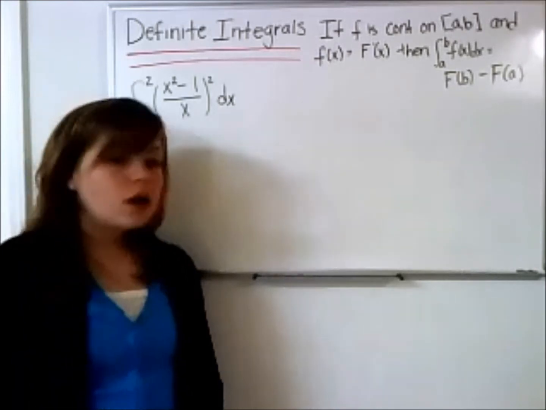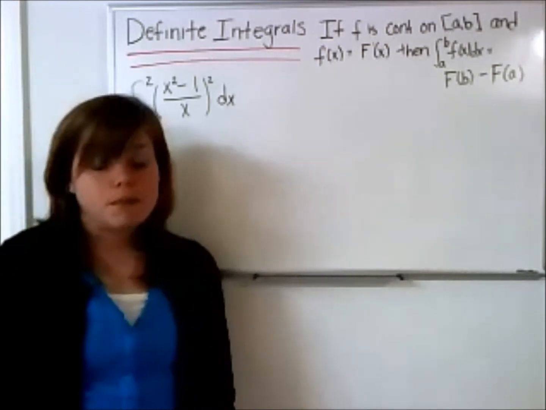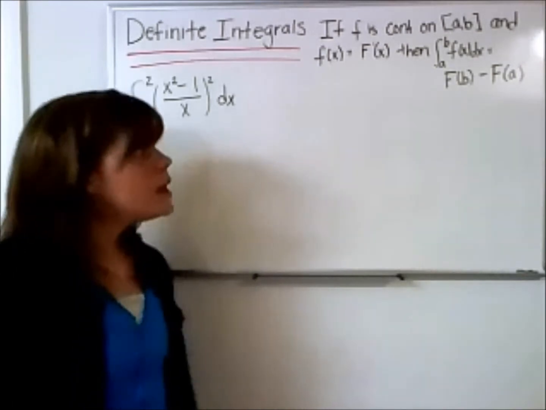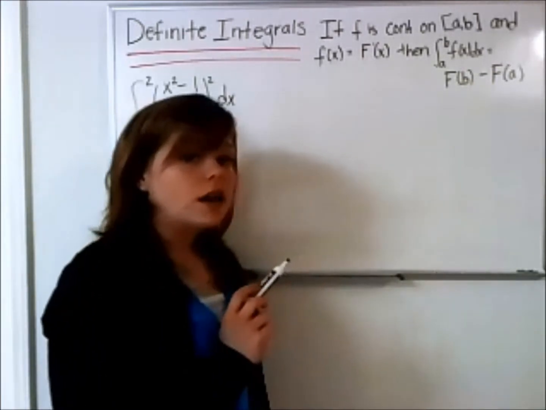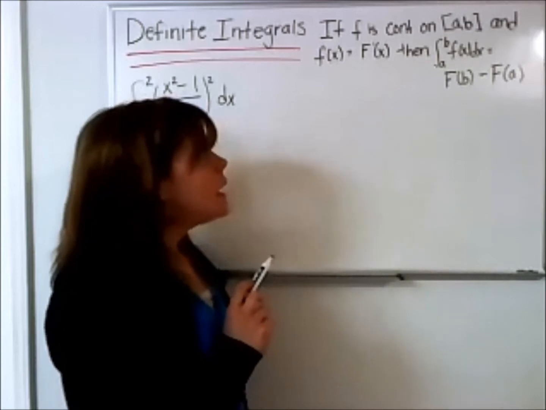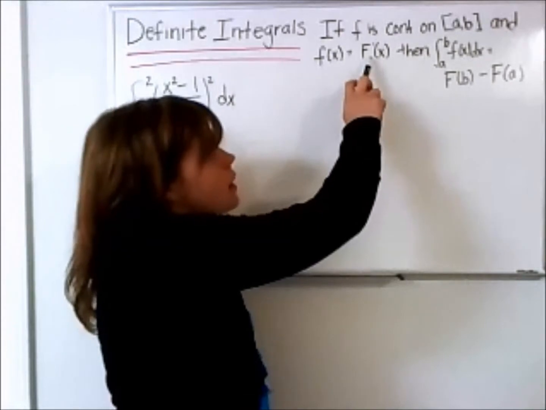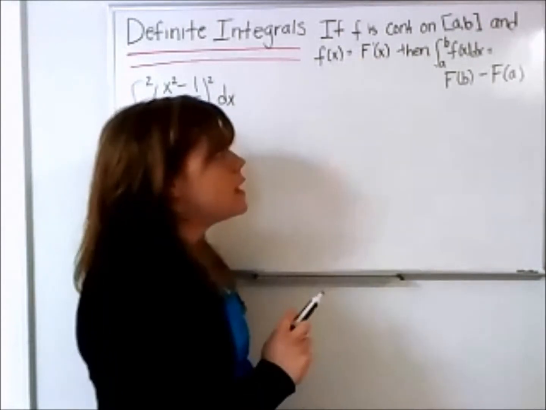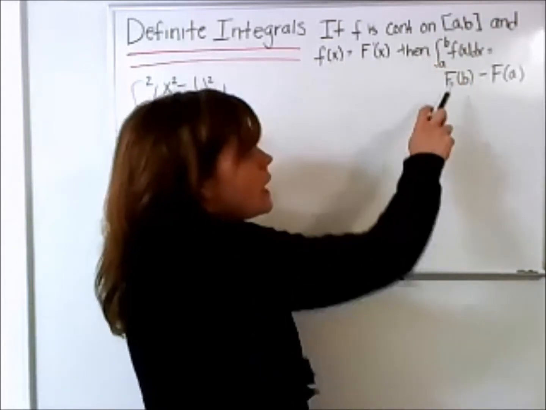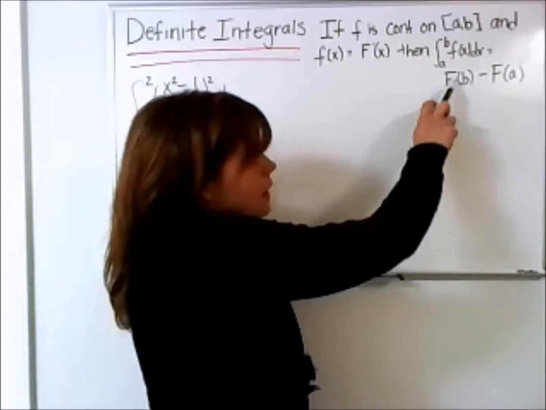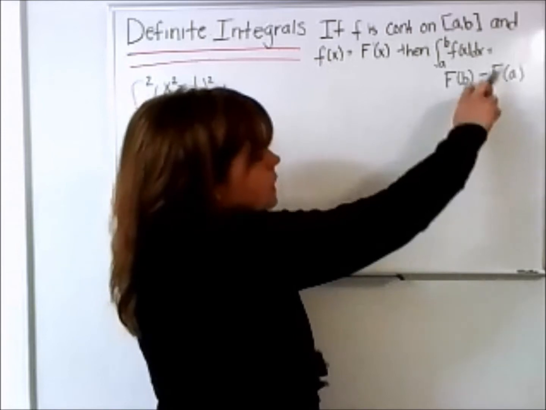Okay, so for definite integrals, what we're using is one of the parts of the fundamental theorem of calculus. And this says that if we have a function f that is continuous on the interval from a to b, and f of x is the derivative of big F of x, then if we integrate on that interval from a to b of f of x dx, it is equal to big F evaluated at the endpoint b minus the function big F evaluated at